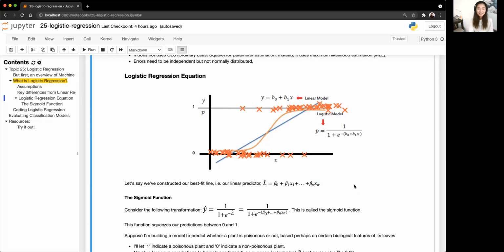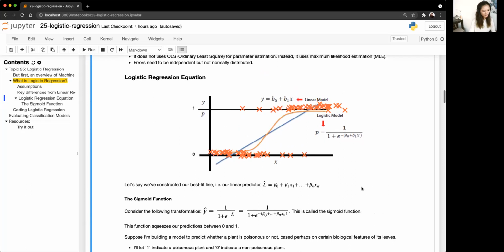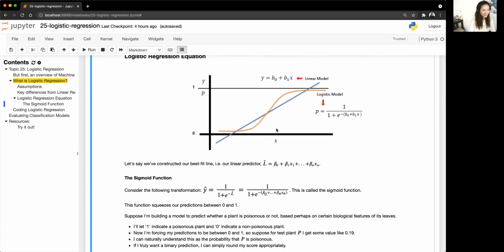After which, to just make your line fit your data points better, you're just going to do a transformation of your y variables. So you can see here, oops, if I scroll, everything moves. Let me just delete everything for a bit. All right, so if we have this transformation here, since we know that all of our data points are going to be either 0 or 1, you can interpret any prediction that falls in the middle as a probability of it being 1. So for example, off of this linear model line,